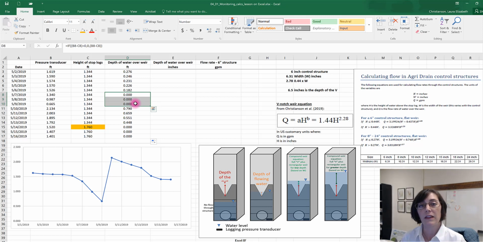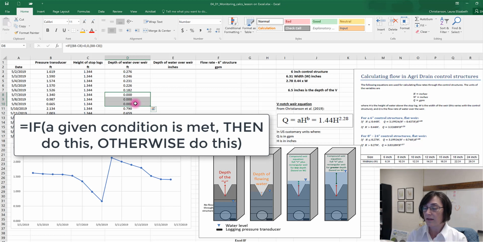The syntax for the if statement is that it provides a decision point. It can have two results. If the condition is met, then the first result that you enter is if that condition is met. The second result that you enter is if the condition is not met. So for example, when I said if B3 minus C3 is less than 0, that's my condition.